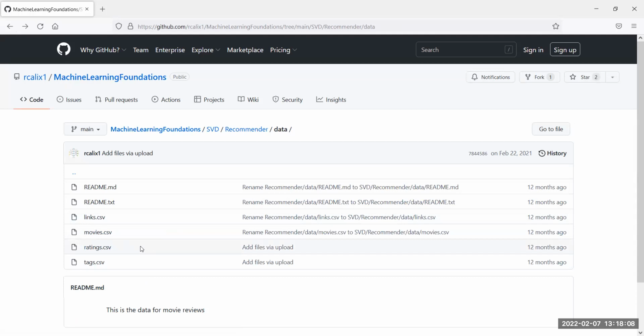Got it? All right, so let's get started then. I'm going to go ahead and download those files.